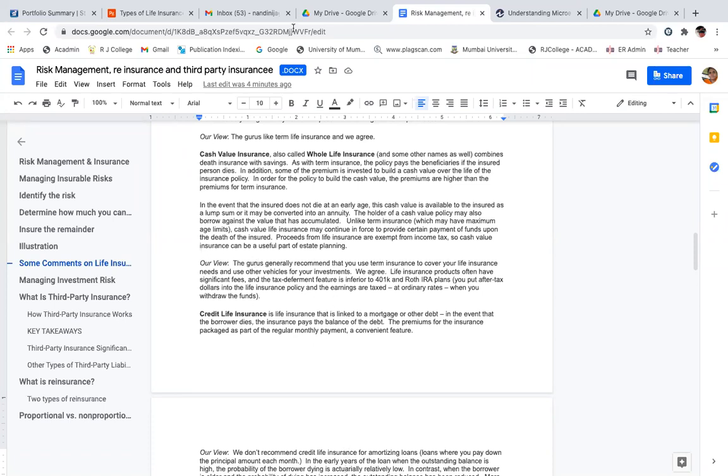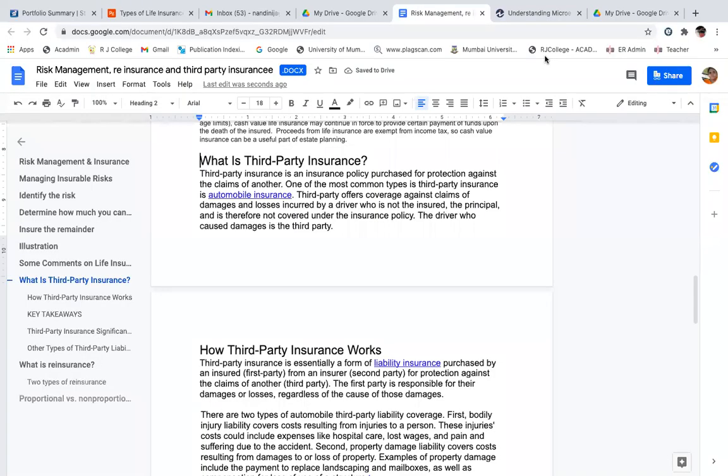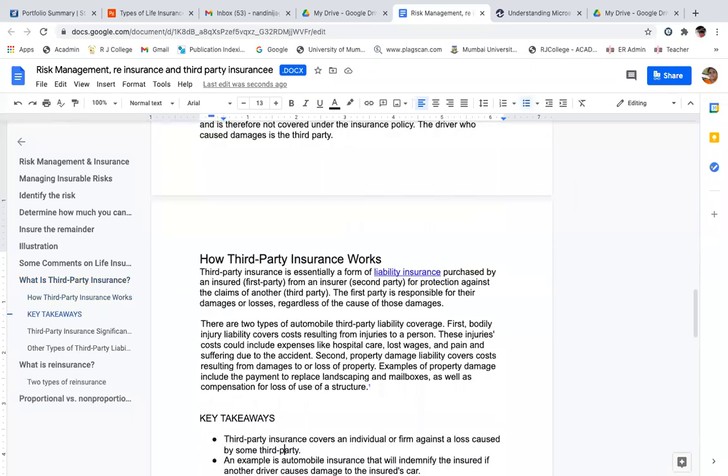Now we are going to talk about third party insurance. What is a third party insurance? I've already told you, we've discussed this. This is in the case of automobile insurance or vehicle insurance, wherein a driver is hurt or injured when driving, or when the car meets with an accident, but the loss will have to be mitigated, right? So it's basically a form of liability insurance, purchased by the first party. I am the owner of the car. I am going to purchase an accident insurance, and the claim is going to be paid to the third party.